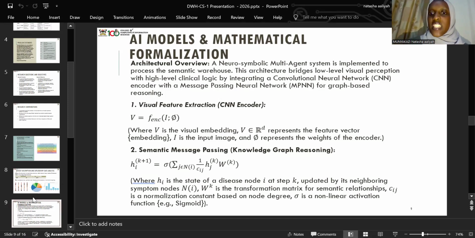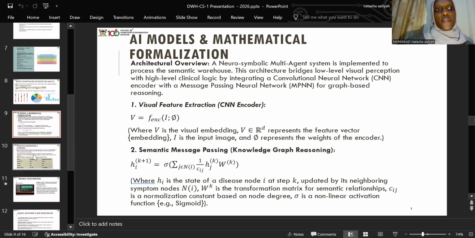The graph reasoning stage models relationships between the symptoms, the locations, and the disease classes, because they must be consistent. They must be matching with each other. We shall show you the system later on. This neurosymbolic integration improves explainability and diagnostic consistency compared to the standalone CNN approaches. That's basically our formulas. That's what they're trying to show.